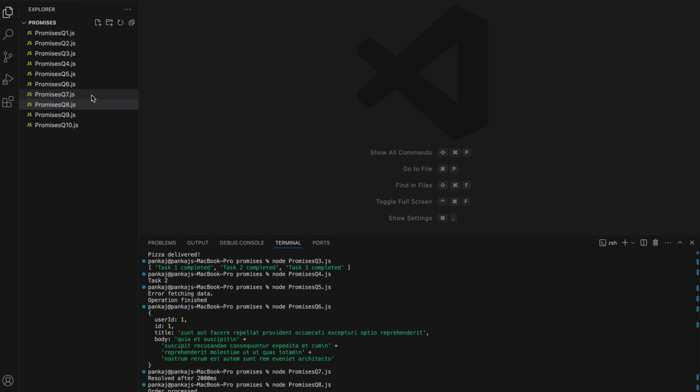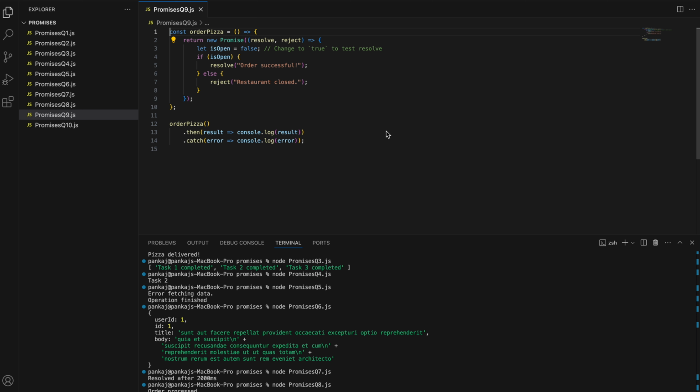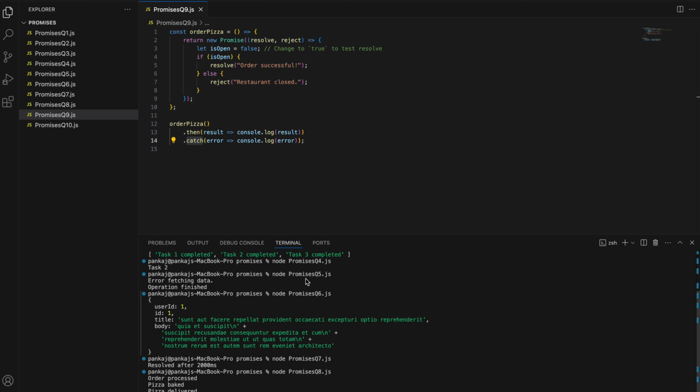Okay. So now we have the next question, where isOpen is equal to false. We are trying to reject a promise. So rejecting a promise, as I said, is already clear. It will go to this reject, and then console.log. This catch will be executed. This is question number 9. And restaurant closed is something which you will see as an output. Question number 10,